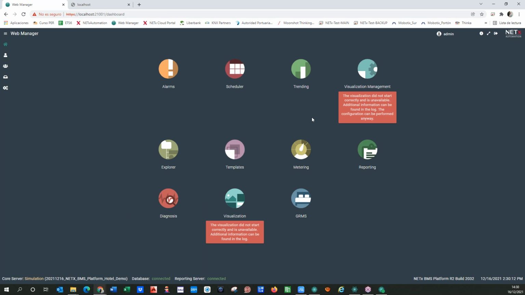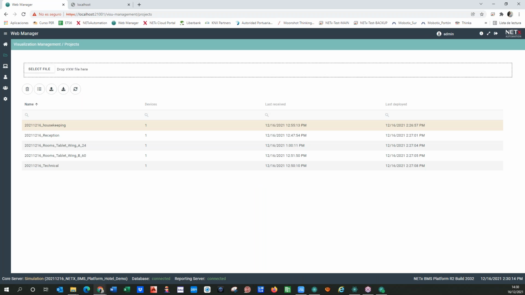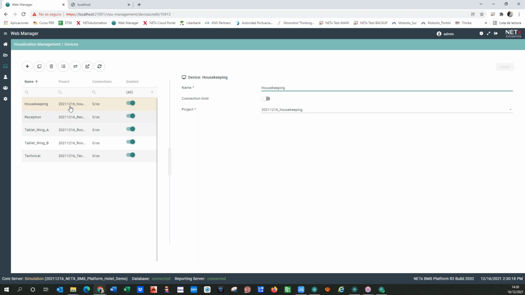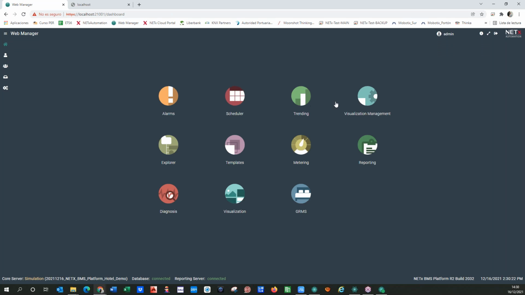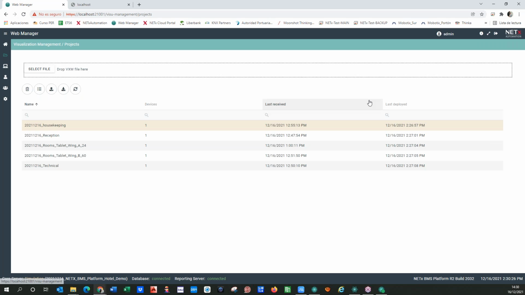No, it's a question of the port, for sure. It's a pity. Now it's working. It's working fine. Okay, so let's take a look at this visualization so you will enjoy, for example, this project,